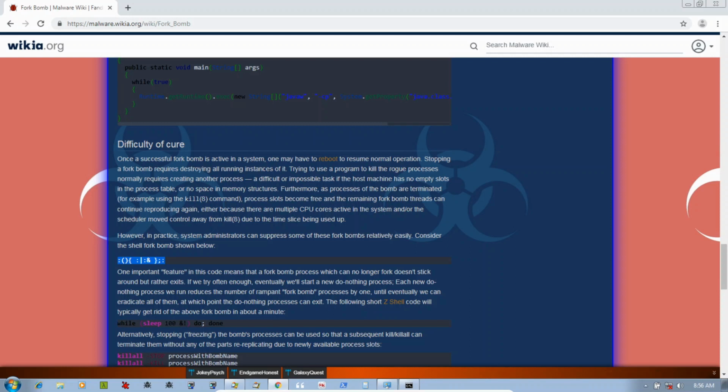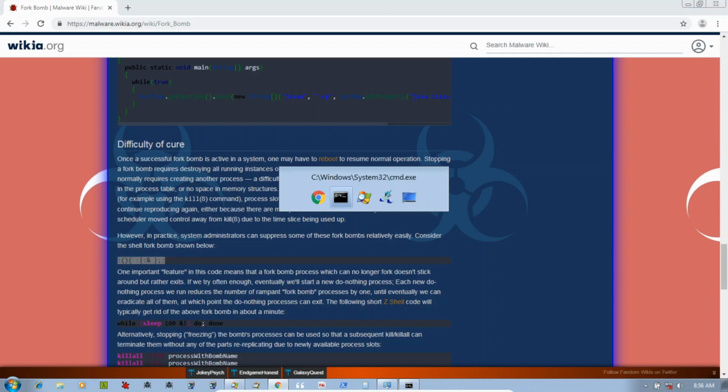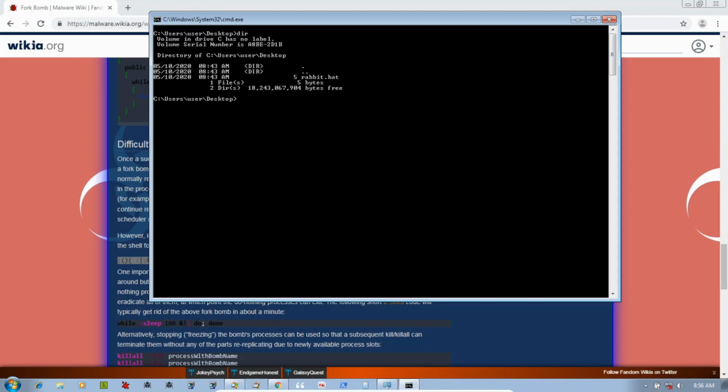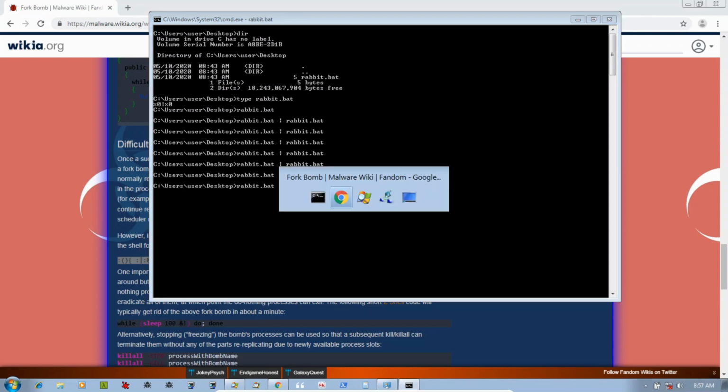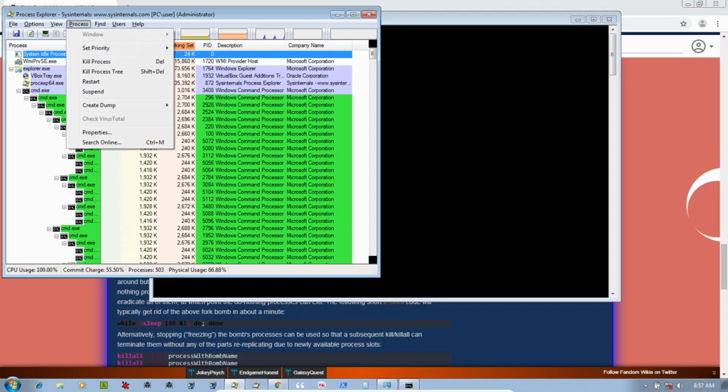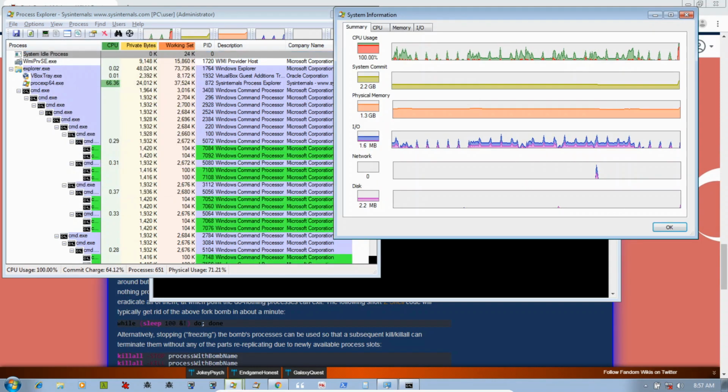But since you see that I'm running Windows here in the VM, we will try to actually crash it or make it as unusable as possible using just a simple fork bomb. Now I have here prepared a batch file on my desktop. Now if we try to type it, you may see that it's really simple. %0 | %0. Now what would happen if I were to run it? Well, let's try it and let's take a look at what happens using our friendly system view.